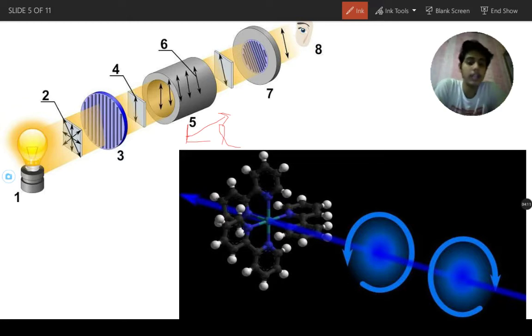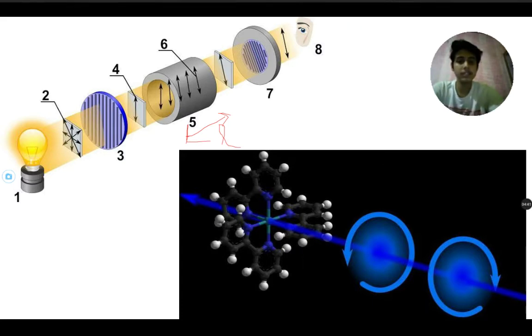What is the sodium D line? Just google it and find it out. If you want to know that, just comment in the comment box. And also if you find out what the sodium D line is, just write in the comment box. Here L is the length of the tube or the length of the polarizer, and lambda is the sodium D line. And temperature is, there will be a specific temperature for specific rotation. So let's see what that specific temperature is.